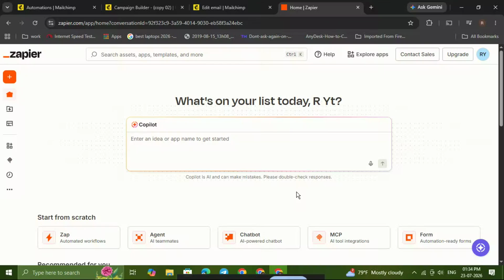Today, I'm going to show you how to link Mailchimp to Bigin CRM using Zapier, step by step. This is a simple way to connect your marketing and sales tools so your contact workflow can run more smoothly, save time, and reduce manual work. Once this is set up, you can automate actions between Mailchimp and Bigin CRM without jumping back and forth between